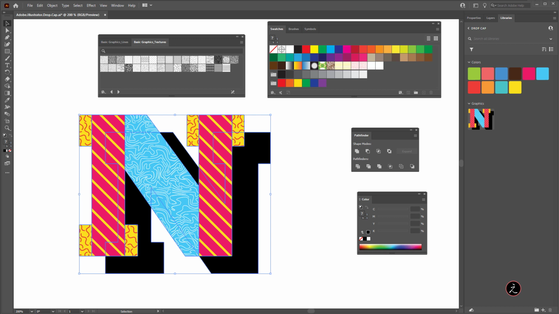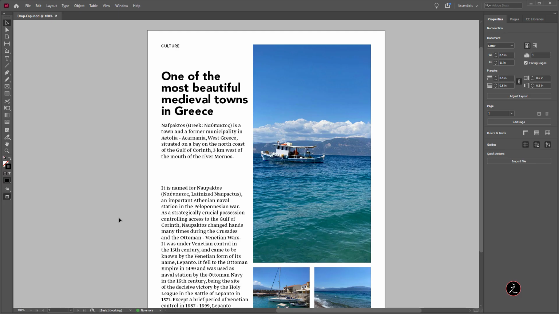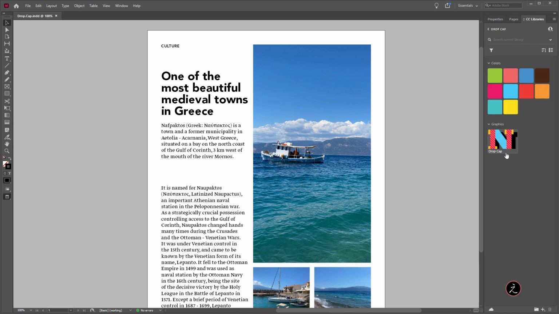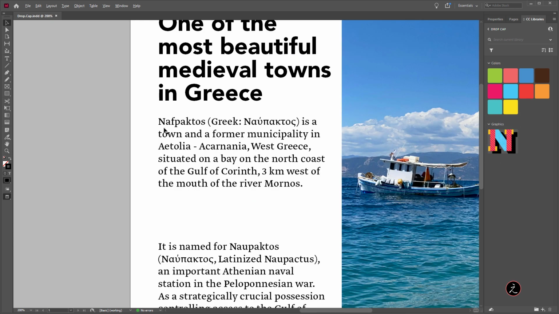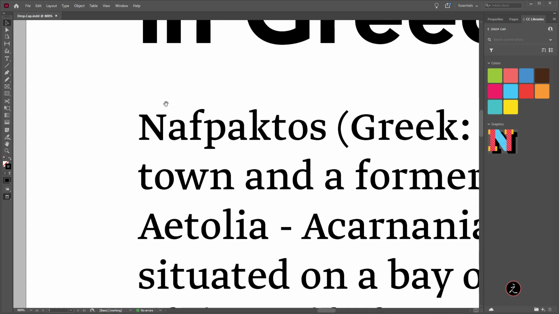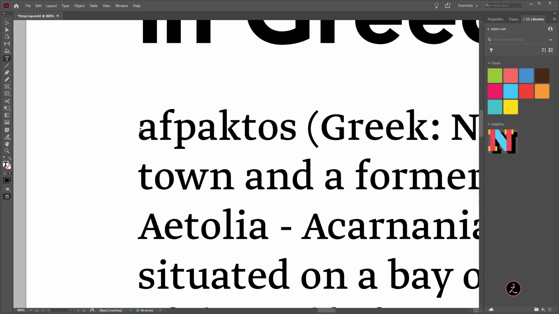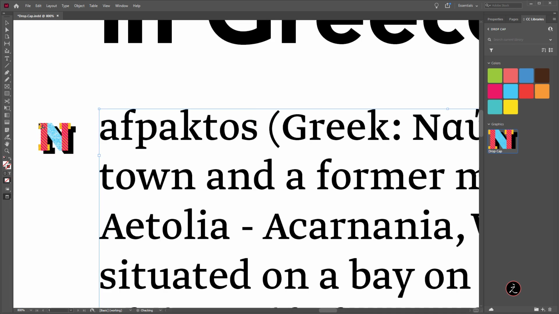All right. So now I'm going to jump inside Adobe Design. I have just a sample layout here. And inside the libraries, we're going to attach this drop cap to this text paragraph. So let me go ahead and zoom in. Specifically, I'm going to replace the very first letter, which is the letter N on my end. So I'm just going to double click, select that, and press the delete key. Then I'm going to click and drag, and just place this anywhere on the canvas.